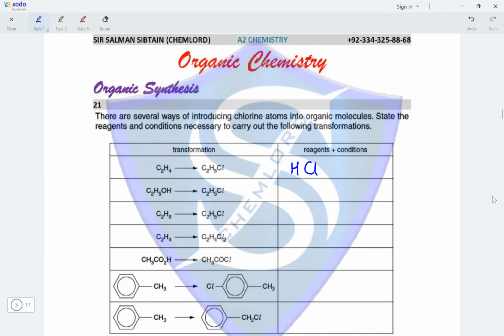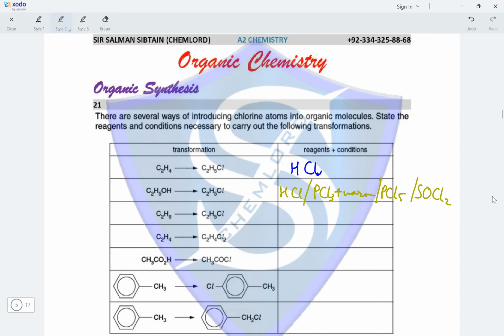That is the only reagent required. No conditions required here. The next reaction has C2H5OH, ethanol converting into C2H5Cl. So here we have a reaction in which an alcohol is converted into a chloroalkane. This requires either reaction with HCl or reaction with PCl3 and warming, or reaction with PCl5 or reaction with SOCl2,